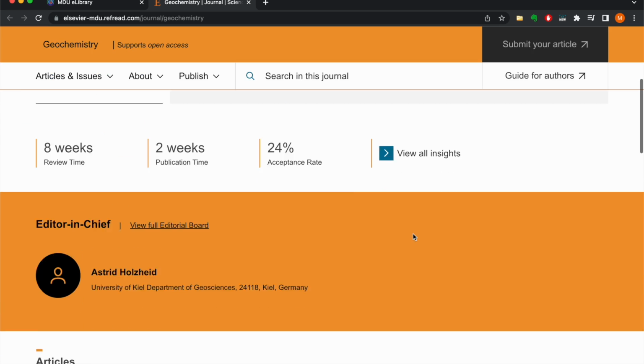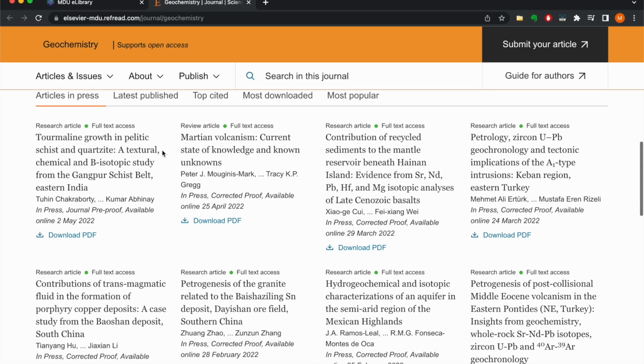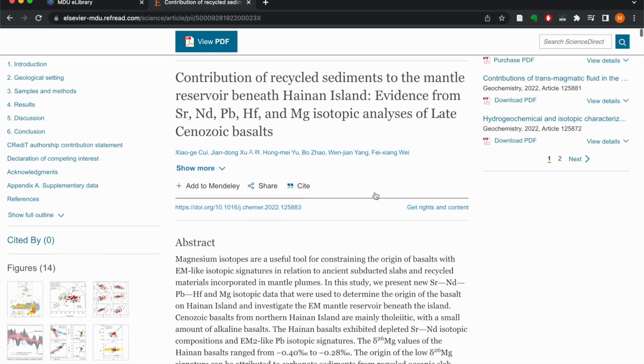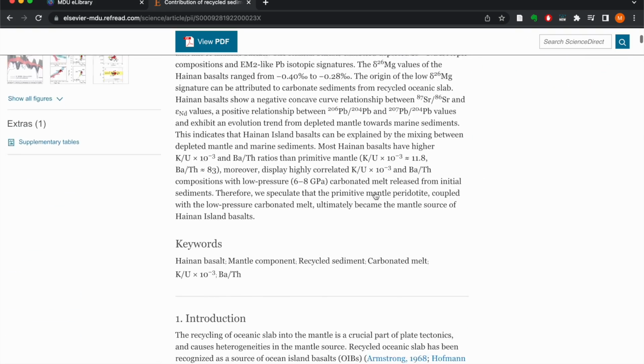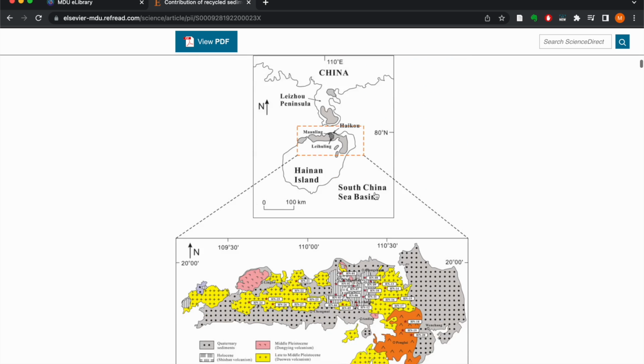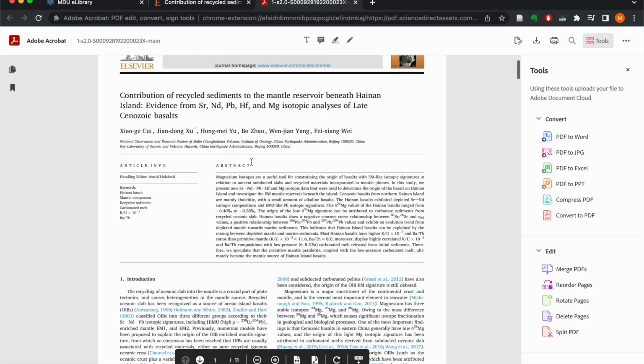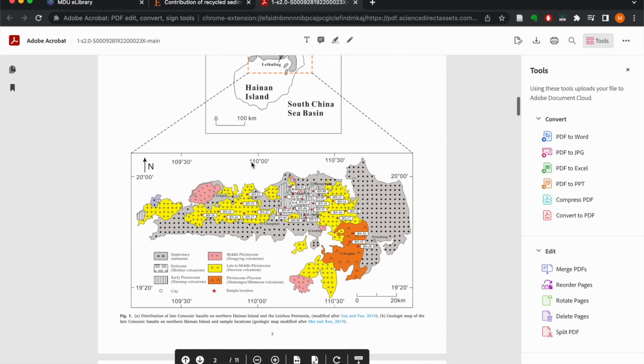The platform does all the work and you are automatically authenticated as an authorized user of MDU, and you can enjoy full text of all the resources. You can read full text in HTML format, or you can download the PDF also. Basically, the same experience you would get on campus is now available through the eLibrary across the world, 24/7, on any device. Let's just look at one more publisher now